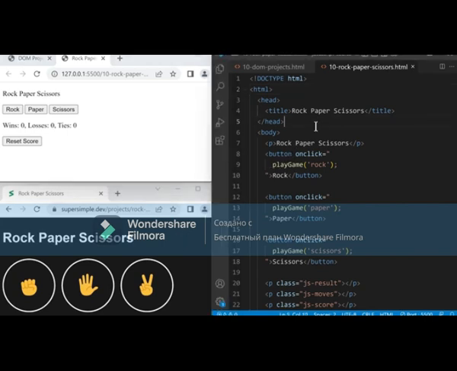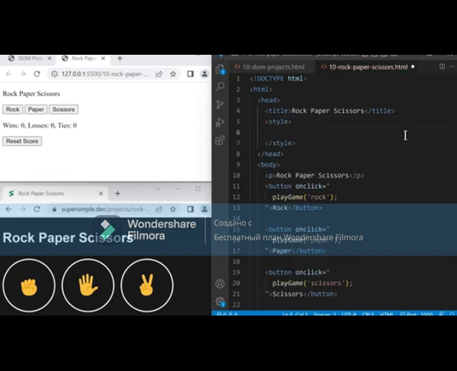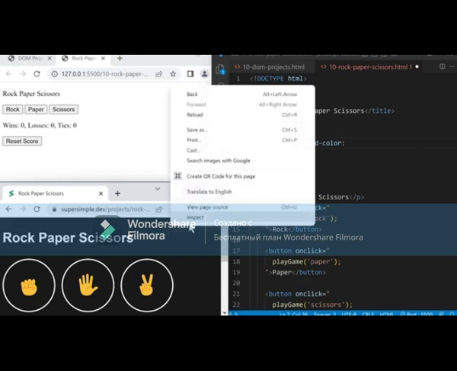We'll go into our code and let's create a style element so we can write some CSS. Inside the head, let's type <style>, and then inside here, we're going to style the body. So we'll type body and curly brackets. Now inside here, we're going to change the background color. So background-color colon, and we're going to get the color that we see here by right clicking, click inspect,